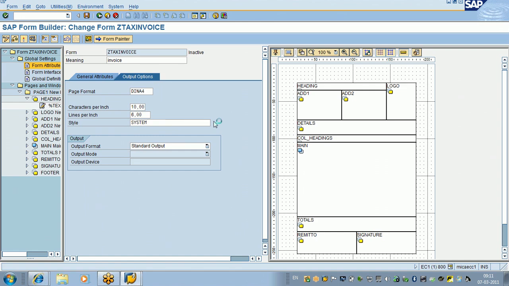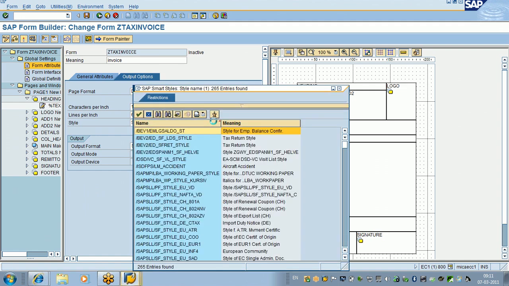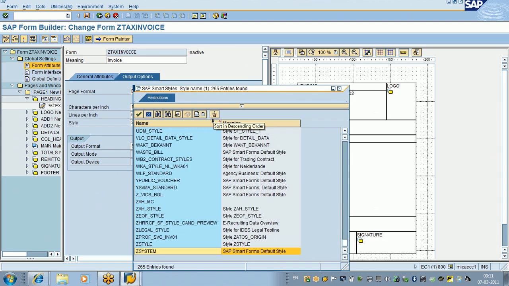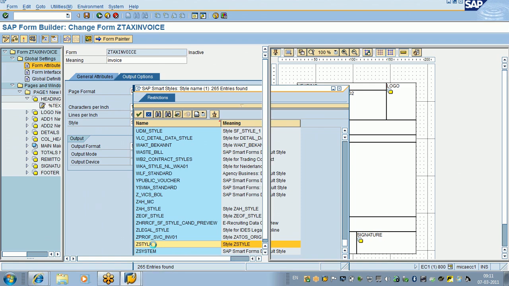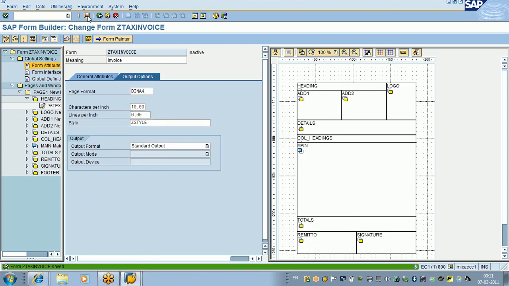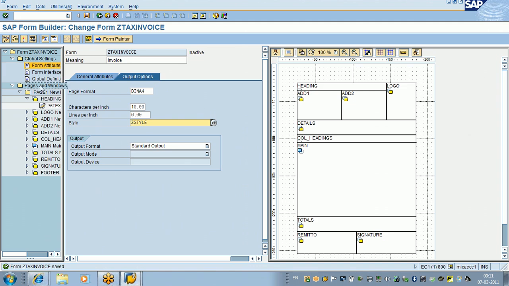Now I want to put my own style. What is the style name we have created? Z style, correct? So this is what we have created. Double click on this. Save it, check it, and activate